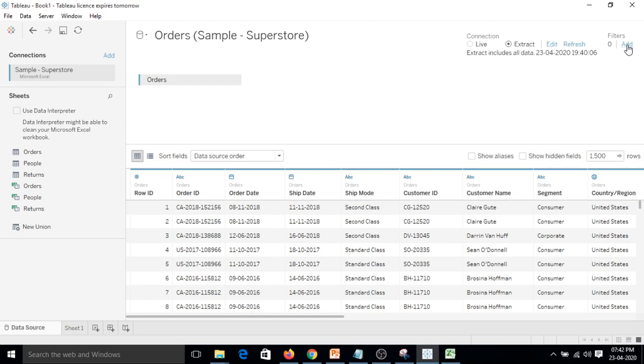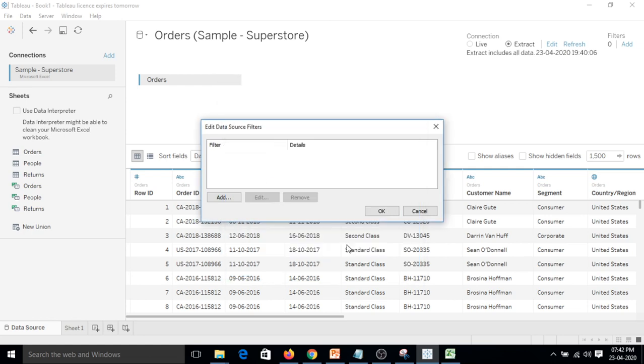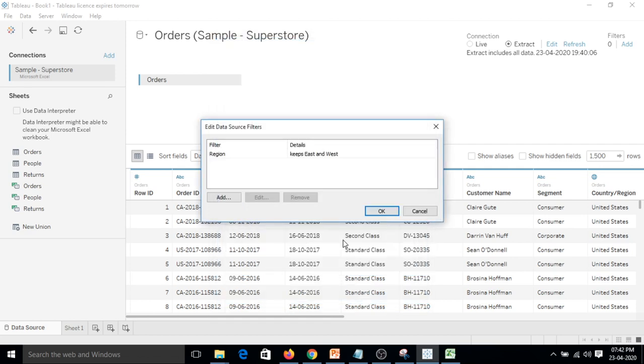So we can add such filters. Click on add. Suppose I just want the region to be west and east. I don't want south and central. So let's click on this and click OK.